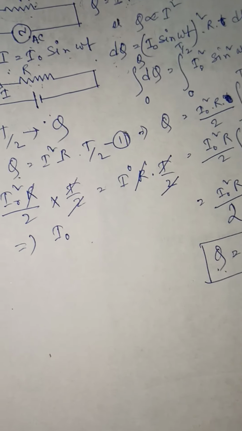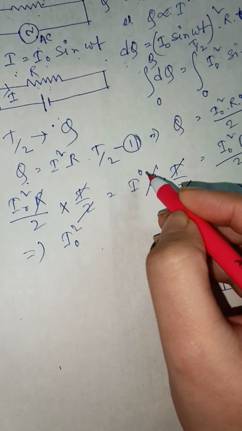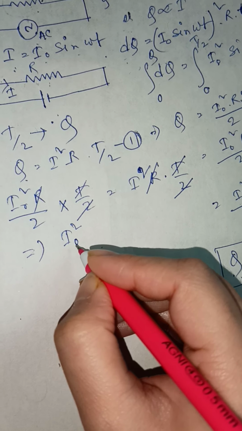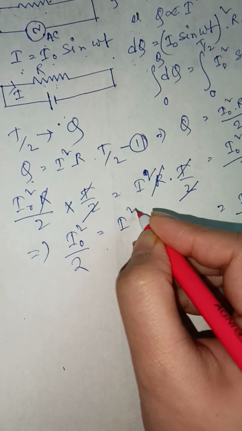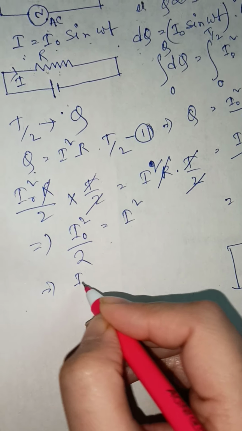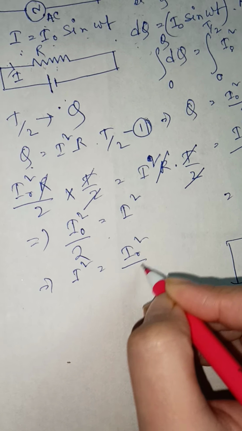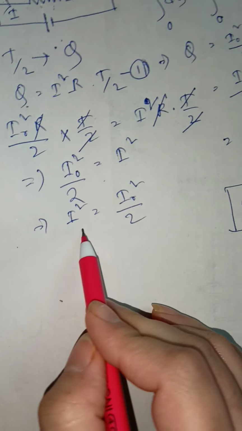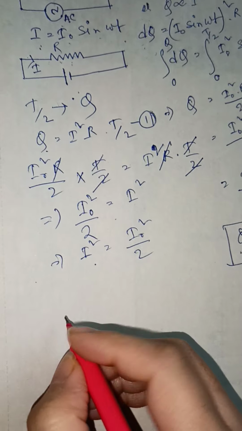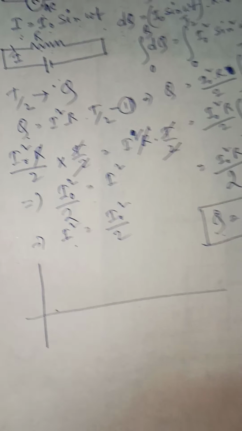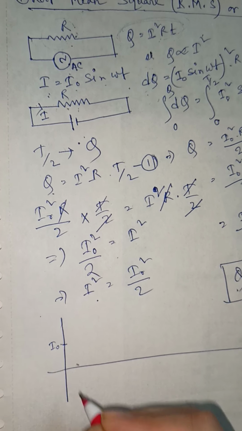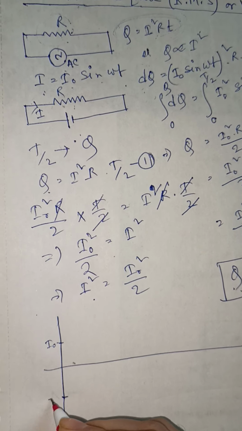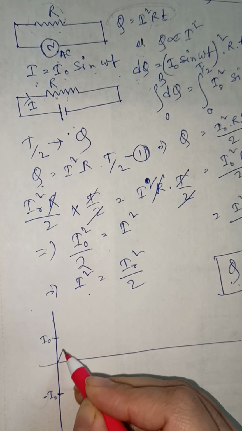So I naught square by 2 equals I square. So we get I square equals I naught square by 2. First we have to check what I square is. Just look here: if we draw the current graph of this AC source, suppose this one is I naught and this one is minus I naught, and the graph will be